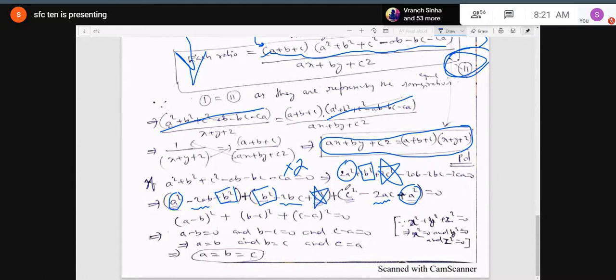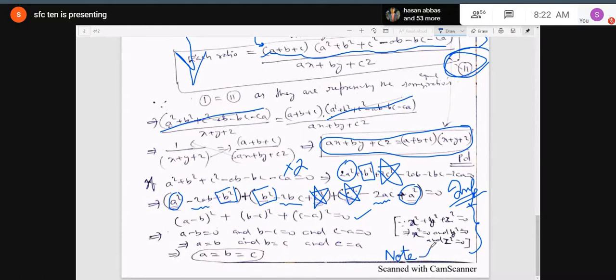And now, because the sum of these three perfect squares equal to 0, like in case I suppose write x square plus y square plus z square, it is the case of the sum of three squares. So it is possible only in one condition, that all the three perfect squares should be equal to 0, because 0 plus 0 plus 0 equal to 0. So x square is equal to 0, and y square is equal to 0, and z square is equal to 0.